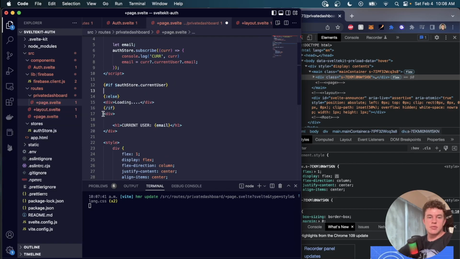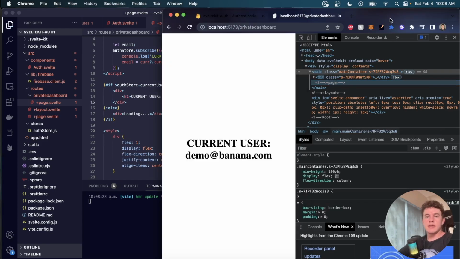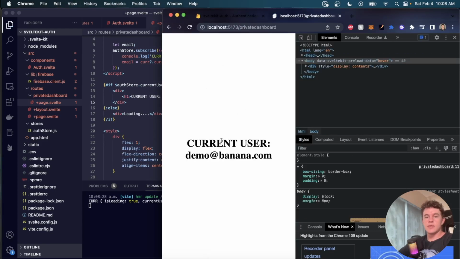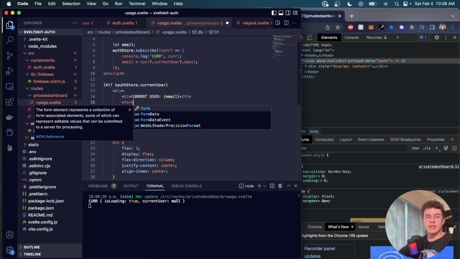And inside of this top block, we can have this div. Wrong one, just there. So now we'll see that when I reload this page, it just says loading. Once the user is loaded, we get demo banana. Now in here, the other thing we're going to do is have a form that's going to have a whole